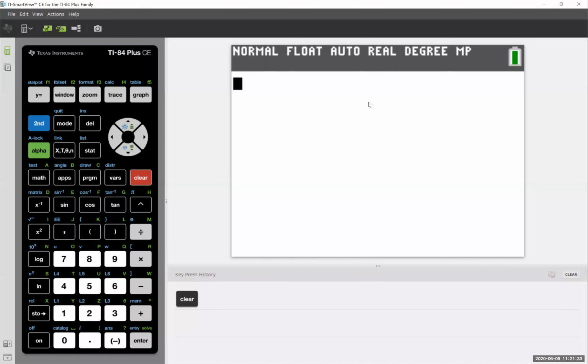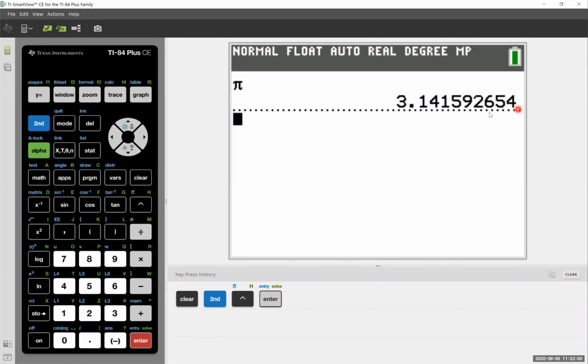So to show you guys where this pi value is, we have on the right-hand side of our calculator, it's the second option down on the right, and it's this little blue pi that shows up in here. So the way that we would get to that, we're going to the top left corner, hitting the second option, and then pi. And for the sake of seeing it, go ahead and hit enter if you have your graphing calculator out. You're going to get a big, long, gross decimal.